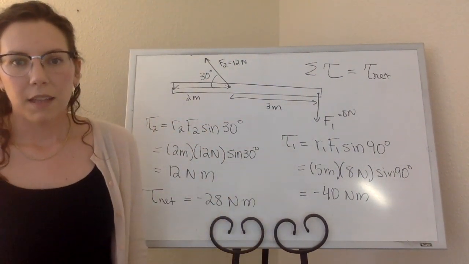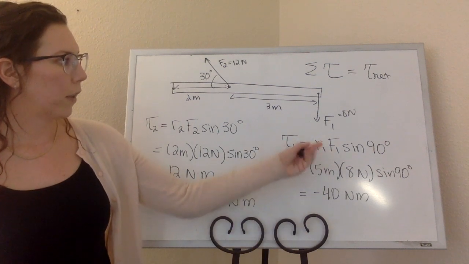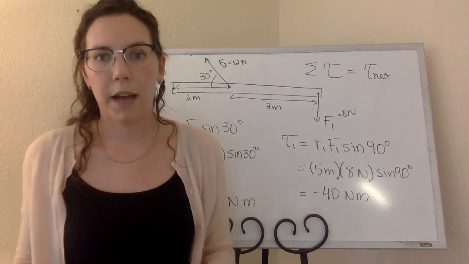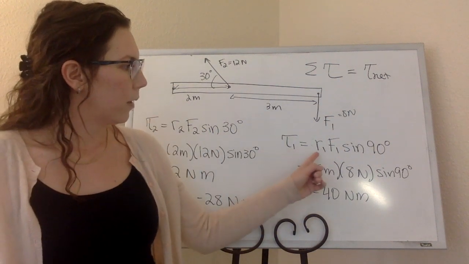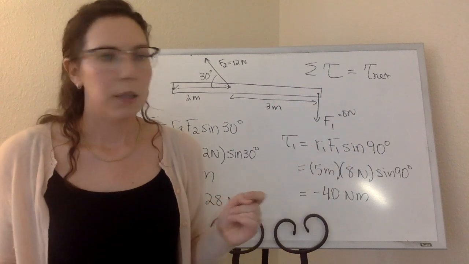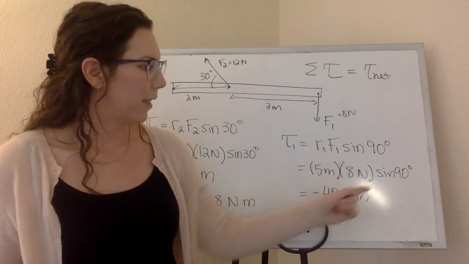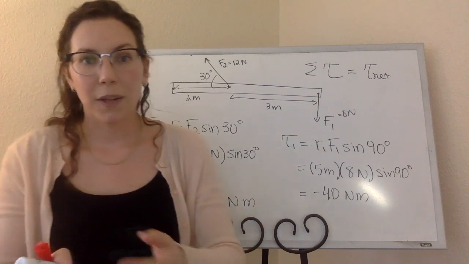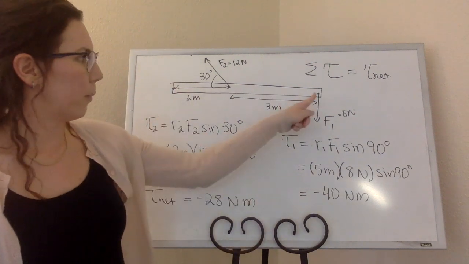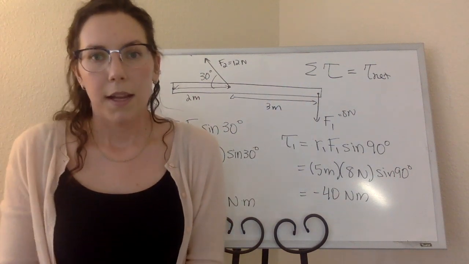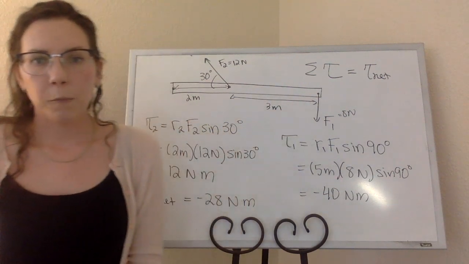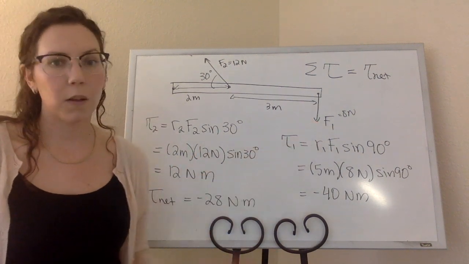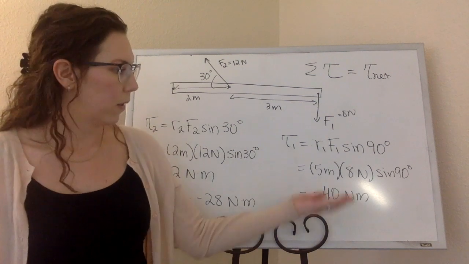Okay, so I started over here with the torque due to F1. Using the first method, which is the angle between R and F approach, we have T1 equals R1 F1 sine 90. So 5 meters times 8 newtons sine 90, which gives 40 newton meters. So for R, I'm using the straight line distance from the pivot to the force, which is along the beam in this case. So it's quite simple. And then we need to decide on the direction. So this force would pull the beam around clockwise, so that's a negative rotation, so we have negative 40